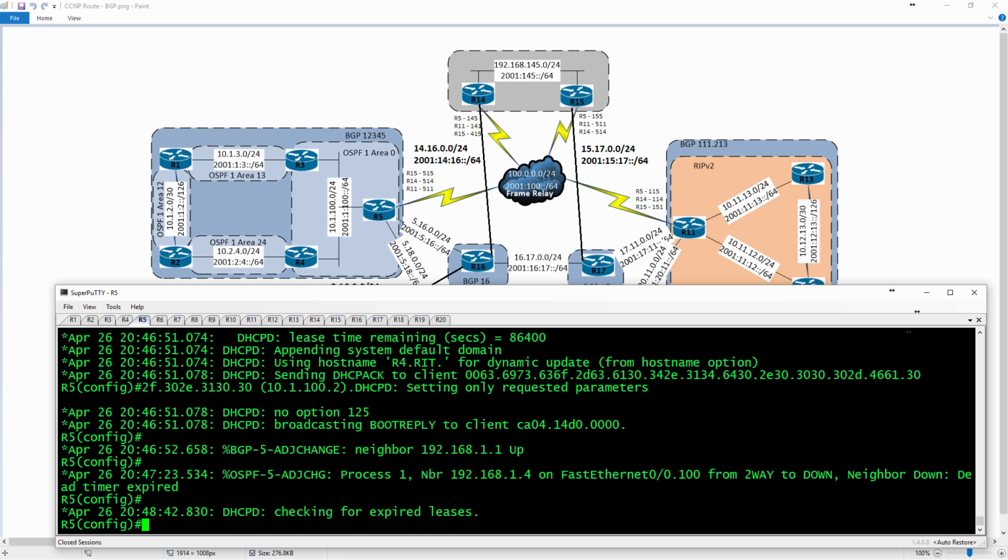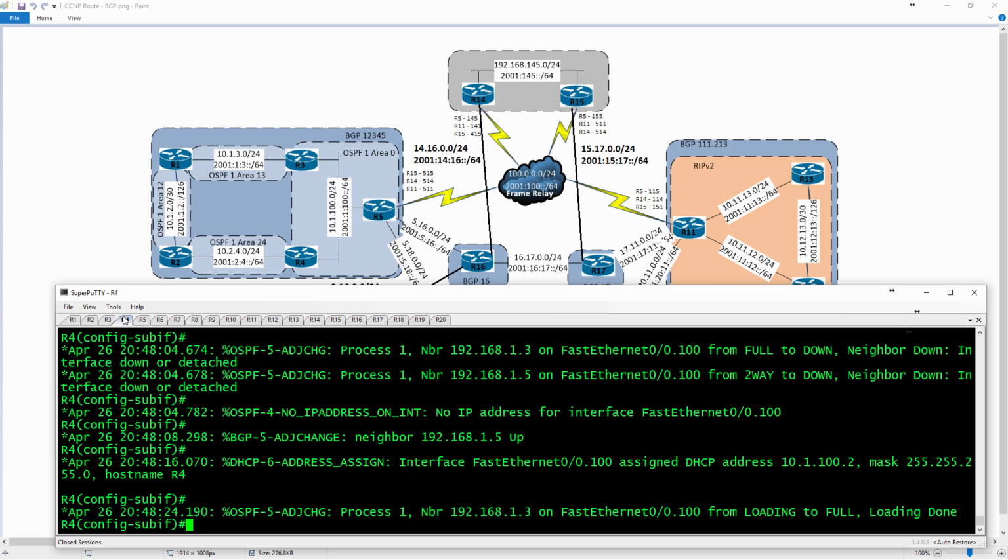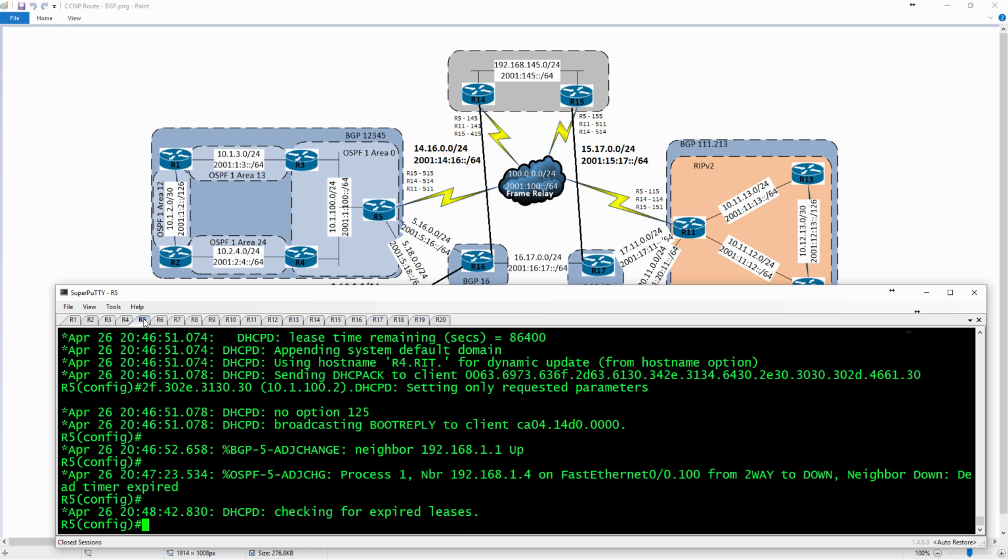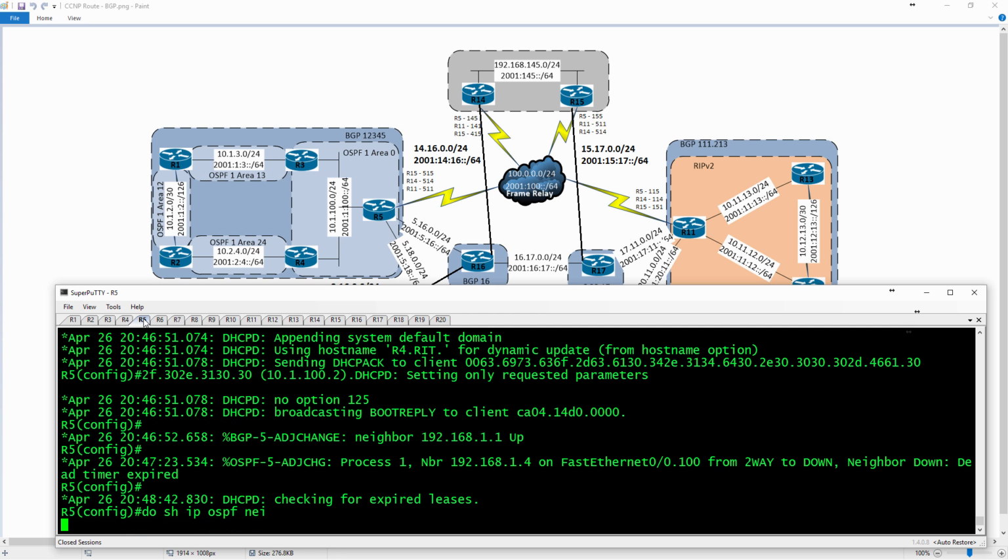The second one is going to be the first server that responds to you, and it responds with an offer. The offer is, okay, here you go, here's the IP address that I've given you. Now this assumes that the DHCP server is on the same subnet as the router, as the host going after it. So if I go in here and do a show IP OSPF neighbor,